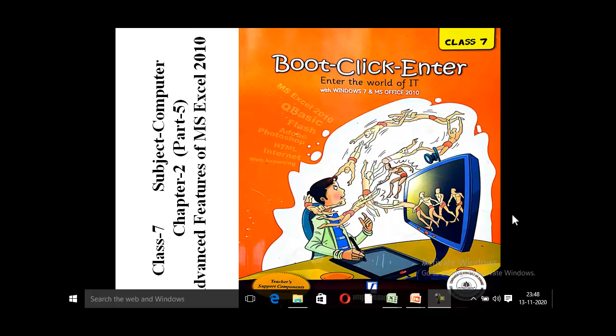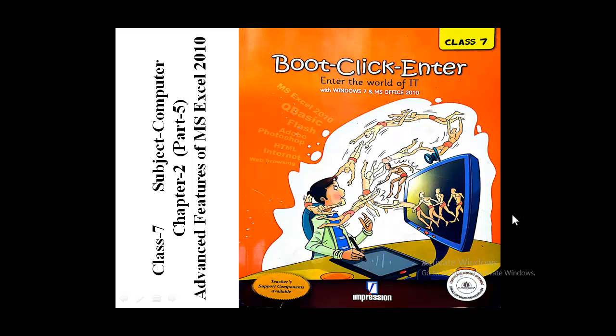Class 7 Computer. This is the fifth video session class of chapter number 2, that is Advanced Features of MS Excel 2010. Now in the last video session class, I have explained to you practically how to use filtering of data and conditional formatting, and how to copy conditional formatting to other cells, and clearing or removing conditional formatting. These things we have done in the last class. Now in this video session class,